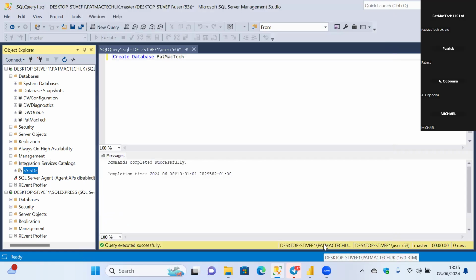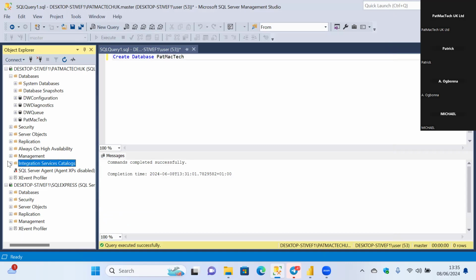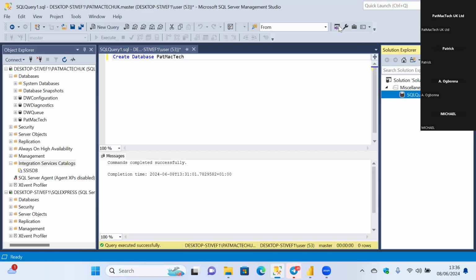Okay. So now you realize that once you've gotten here, once you've created it, we have SSISDB, the SSIS database, here. So after we've done what we are coming to do, you see this one expand. So let's hold on here. Let's sort out the rest of the guys. Mr. Bona, can you stop sharing? And Michael,